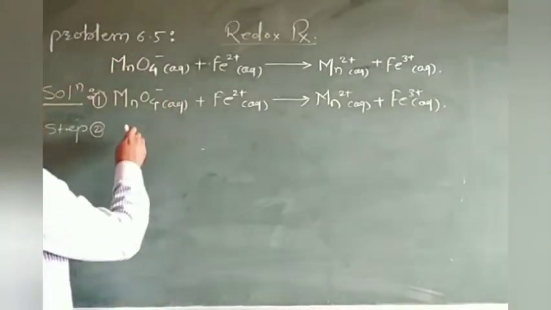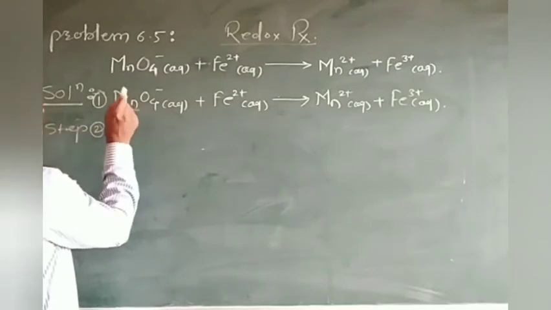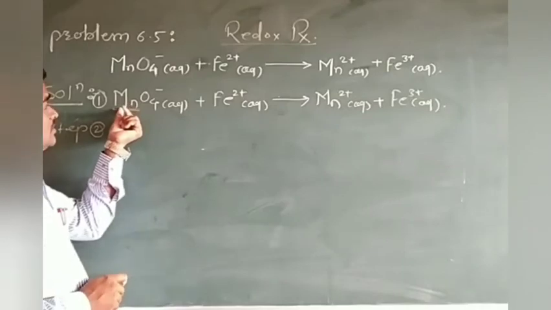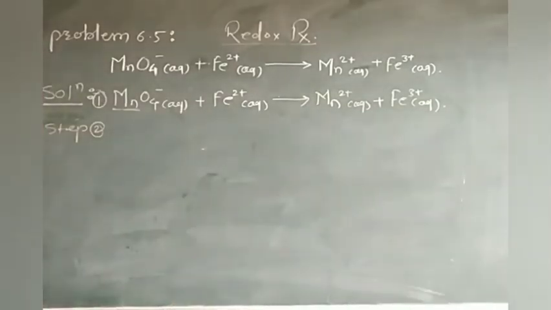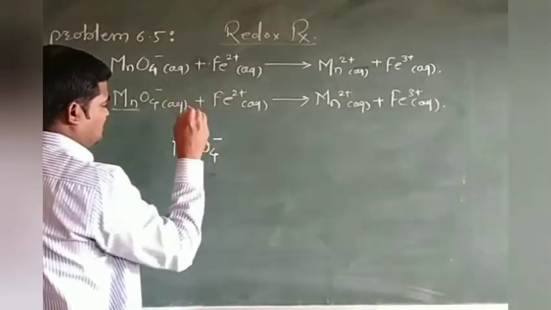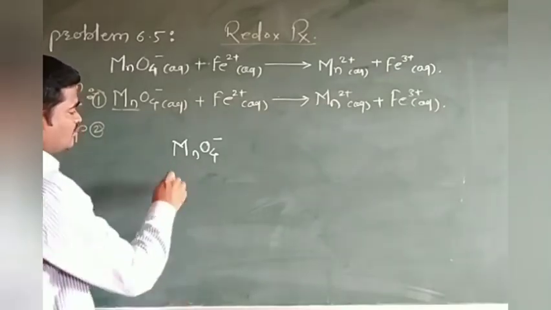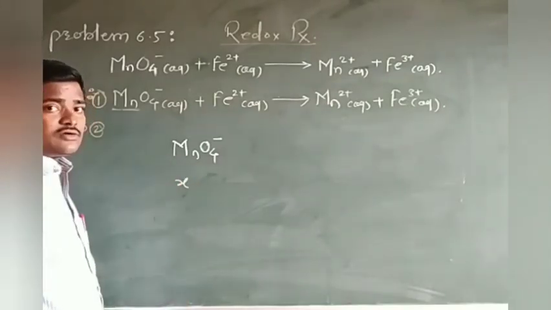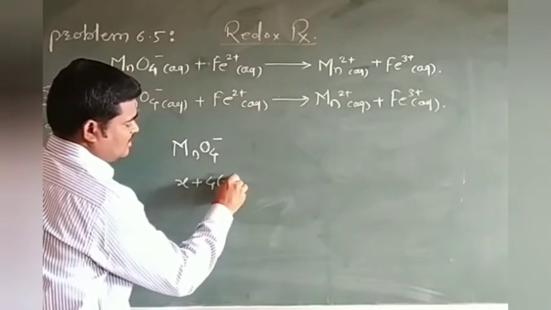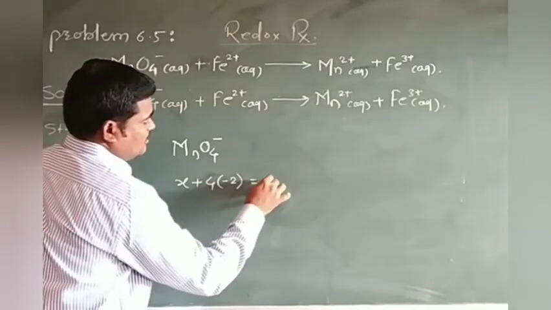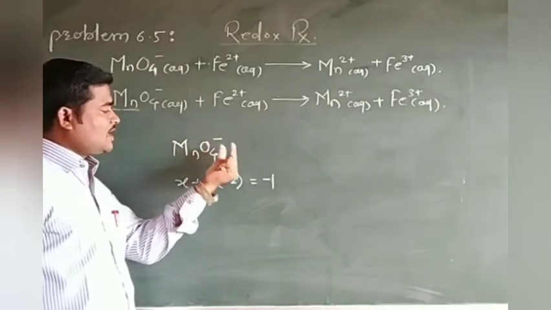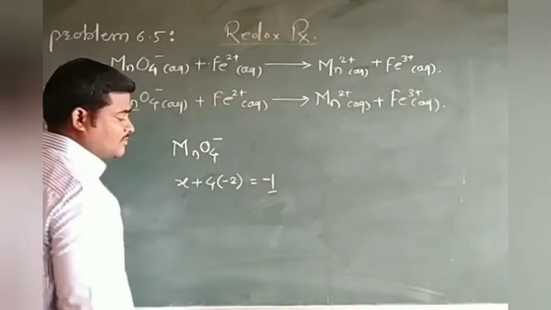Now let us find out. If you look here, manganese, for that we have to find out the oxidation number. So for that we will take MnO4 here on the rough edge. Also you can find out the oxidation number of Mn. I have considered the oxidation number of Mn as X, plus 4 into the oxidation number of oxygen, which will always be -2, is equal to -1. The net charge on the ion will be -1, so I have taken -1 here.